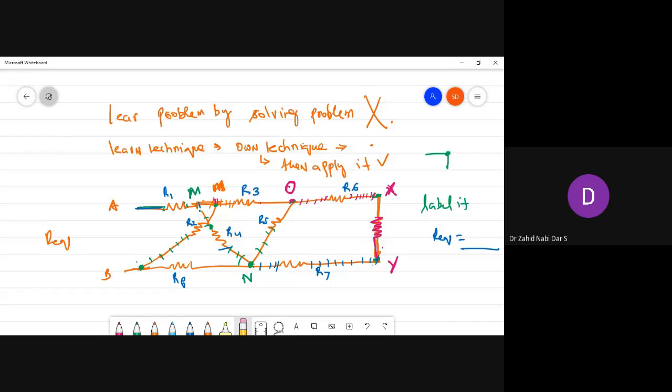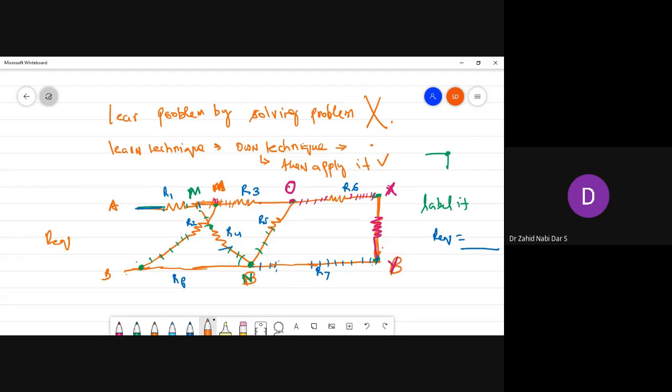So I will remove one point here in the down, to make it not that, because there is another technique called a star delta transformation, which we are not teaching you for solving this circuit. Now let's see this point, because there is no resistance in the down. So if this point is B, this becomes B and this also becomes B.